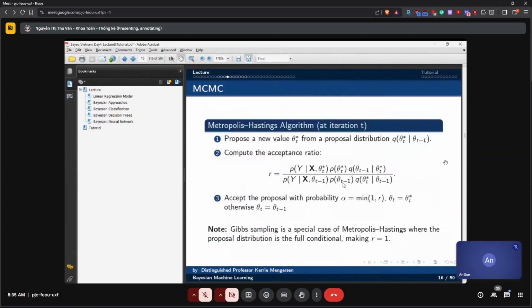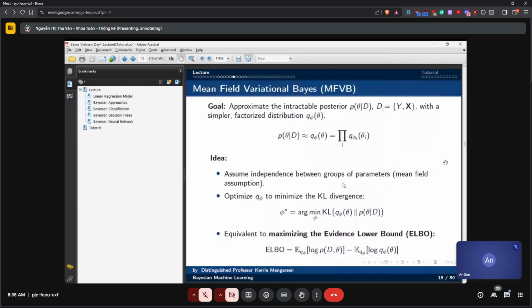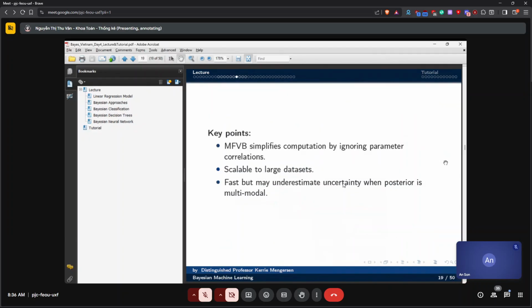Now slides 16 and 17 give some examples, and slides 17 and 18 give the actual mathematics of the approaches for Metropolis Hastings and variational Bayes. I'm not going to go through those in detail here, especially because we're online, but I will leave you to read those, and if you're interested, to follow up. But now I'm going to go to slide 19.